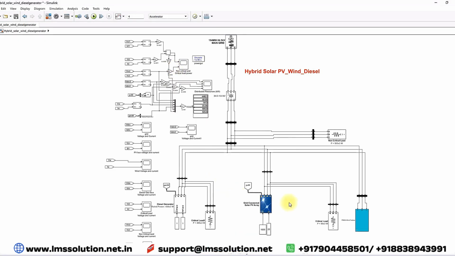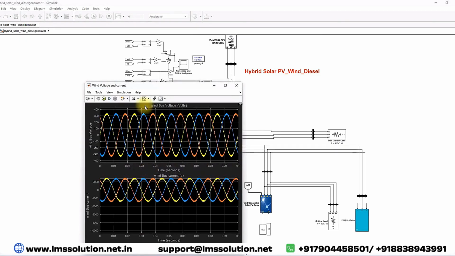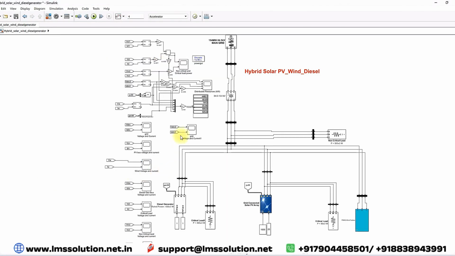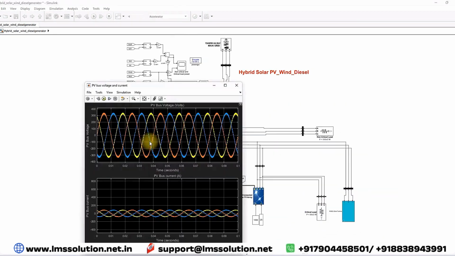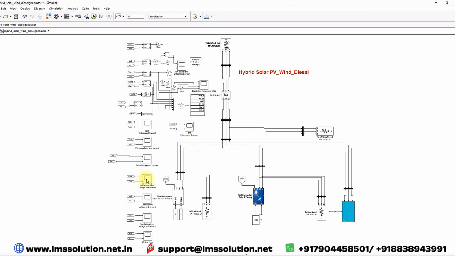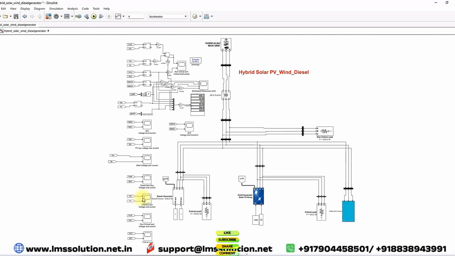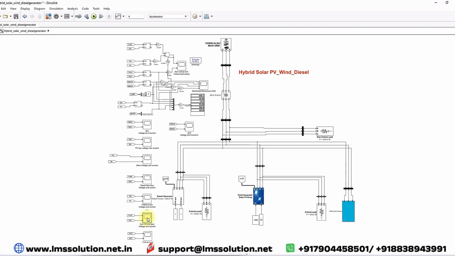You can also see the waveforms for different buses. For example, consider this wind turbine bus. Here you can measure the wind turbine grid side bus voltage and current. Here you can see the PV side bus voltage and current, and here the diesel generator bus voltage and current, then the critical load 1 voltage and current, and the non-critical load